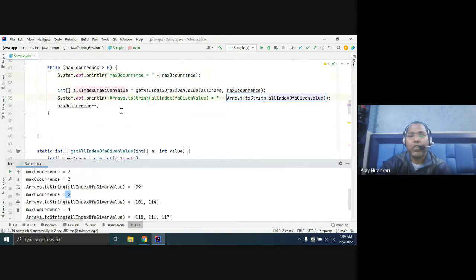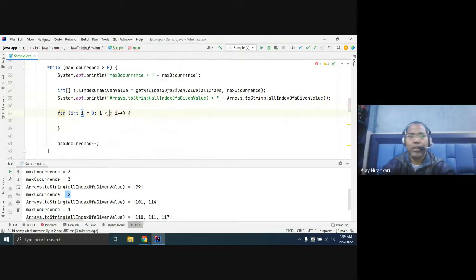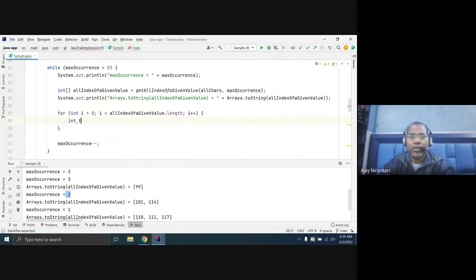So here, whatever array you have, just use a for each loop over the array length and get the value. Get temp value is equal to all occurrence of 0. In the case here, you are getting 99.